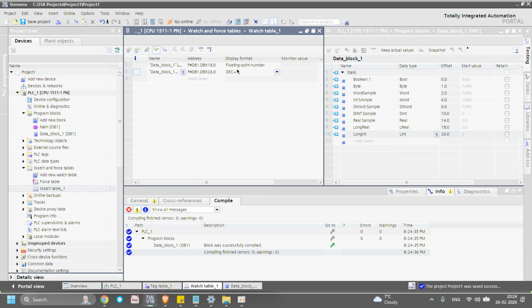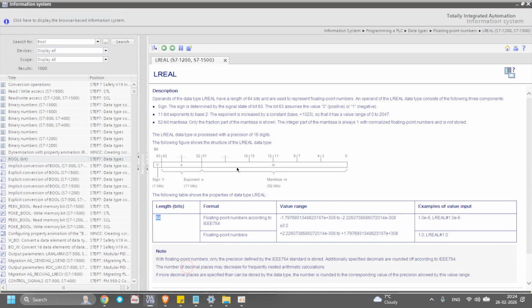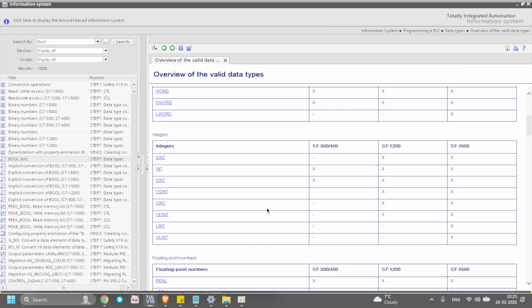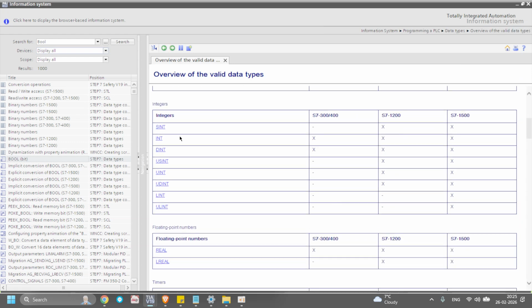If you want the point, you can use floating. If you want an integer, a full number, then you can go with integer, double integer, whatever. We have so many data types, but they are not that useful. These are the main data types.